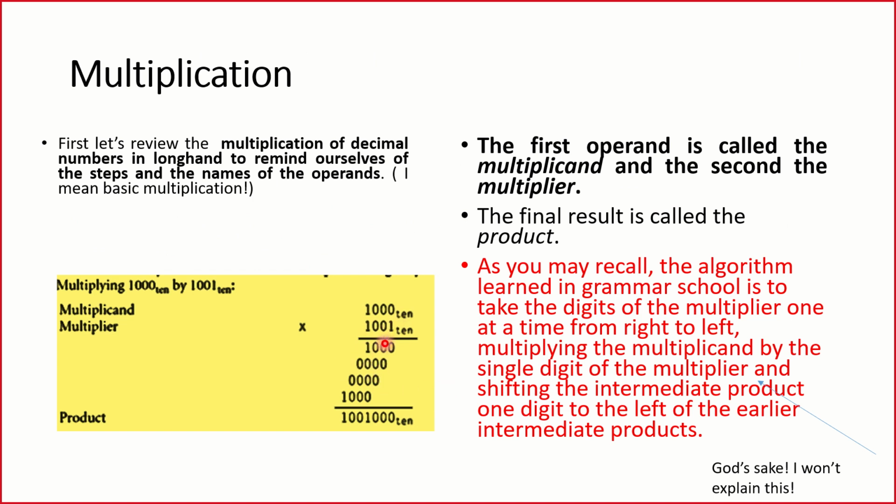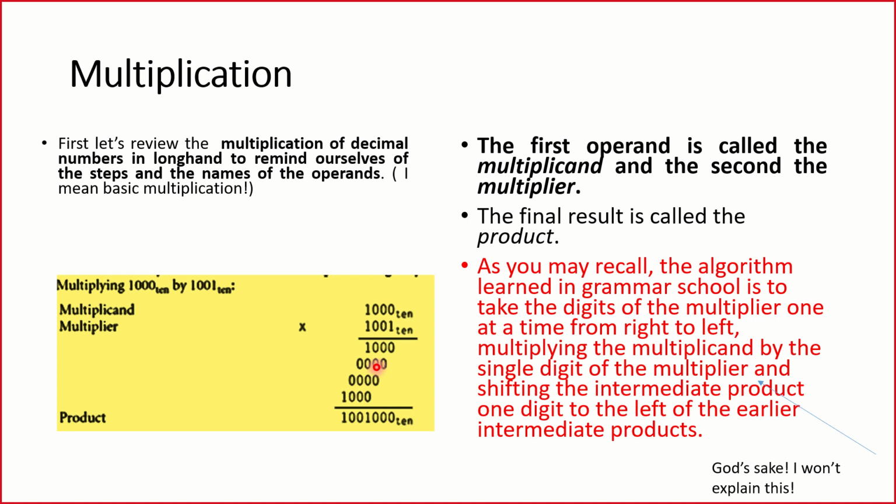So I take the next one and I multiply it. Now these two will be summed and that is updated in the product. Now I go to the next one. I get this result. I add these three and I update it in the product. Now finally I get the last one and I add all of them and I update it in the